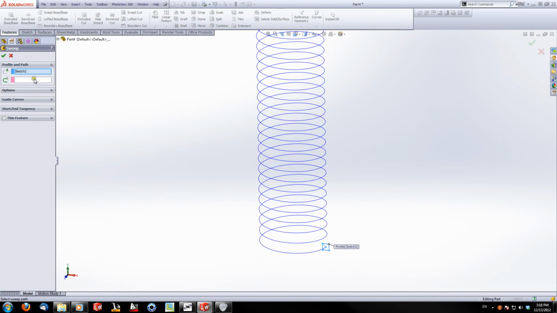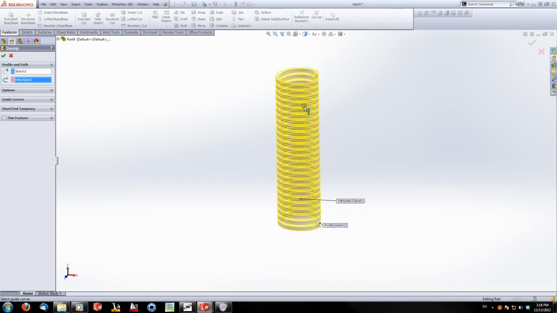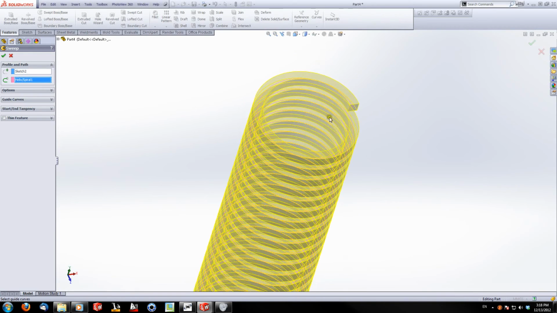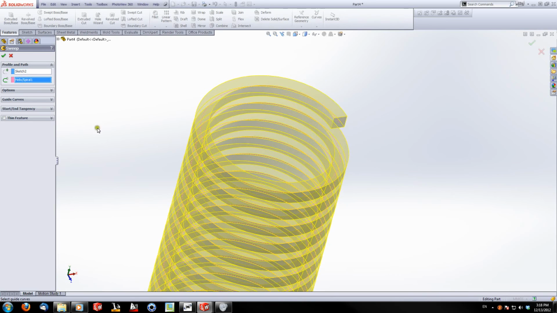So I'm going to select Path and then click my helix, and you can see it generates a square helix pretty nicely. But what if I want a braid or a twist in my profile? Well, I can extend the Options command, and it gives you a bunch of orientation options, and I'm going to do twist along path,